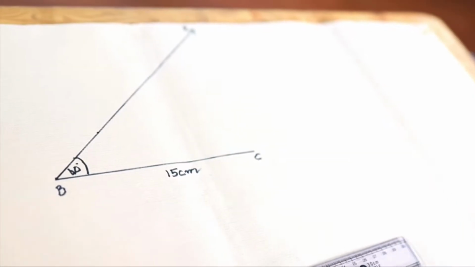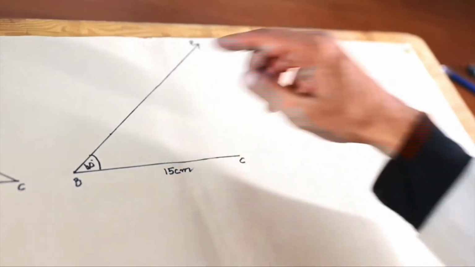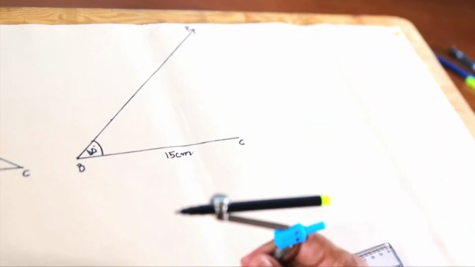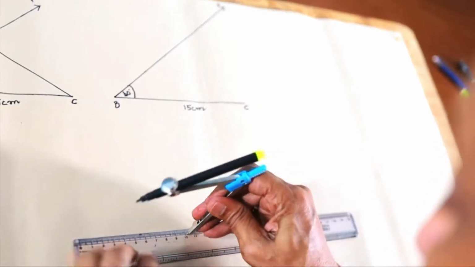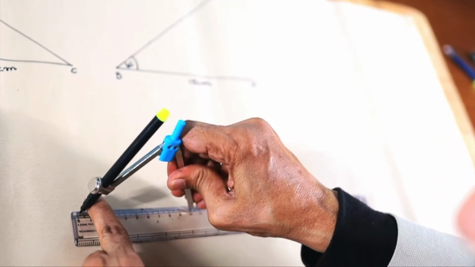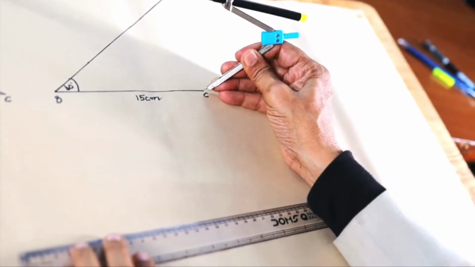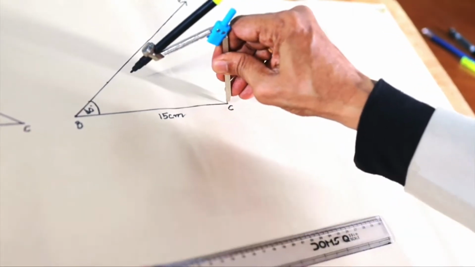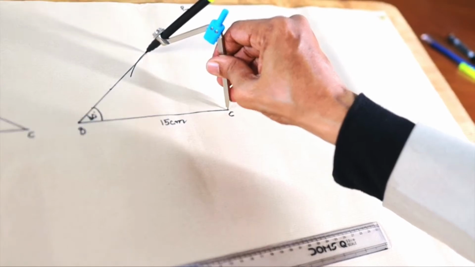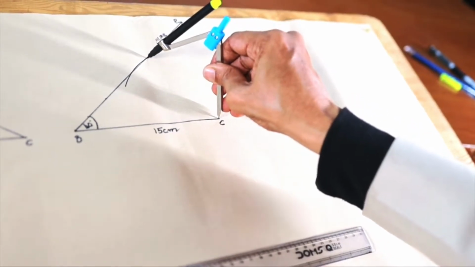Now let us take the side CA is given. Say let it be say 10 centimeters. So let us take compasses and measure 10 centimeters. Okay, this is exactly 10 centimeter. So with C as center, with 10 centimeters as radius, let us cut this. Oh, it is cutting at 2 points, at this point and this point.